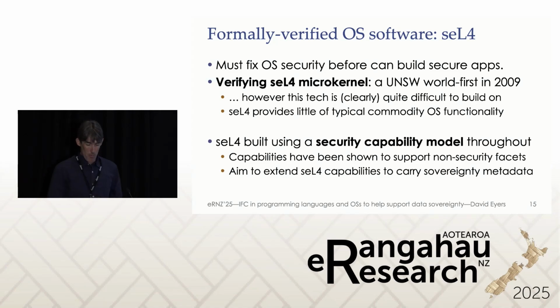The last one is probably the most obscure: looking at doing formally verified operating systems, and where we can potentially connect the human-level concerns into a very different way of engineering operating systems. So really, you need to fix the operating system you're running on before you can build secure applications. It's all nice to have securely implemented applications, but if you've got vulnerabilities in your operating system, it can undermine whatever security your application has. And we don't do a great job of building widely available secure operating systems, which you see from the number of times you need to apply security updates.